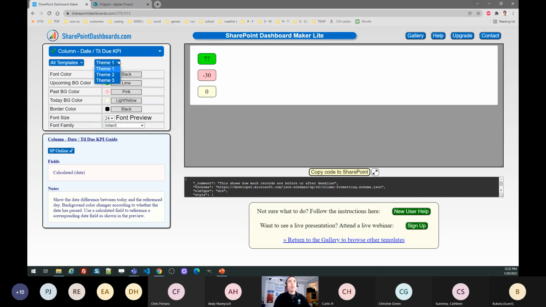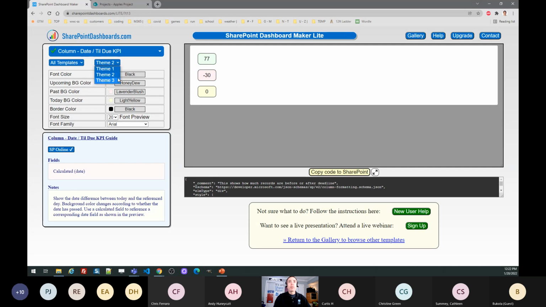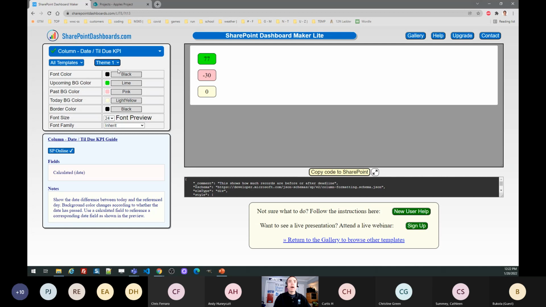Okay. So I can browse through here. Again, the first thing I'm going to do is check the themes. These are examples, but obviously, I can set this however I want. Maybe I want the current day background color to really stand out, make that orange for whatever reason. And I can make it whatever font size I want, all that kind of thing. Again, I don't ever have to do anything to the code at all. I just hit the copy button,